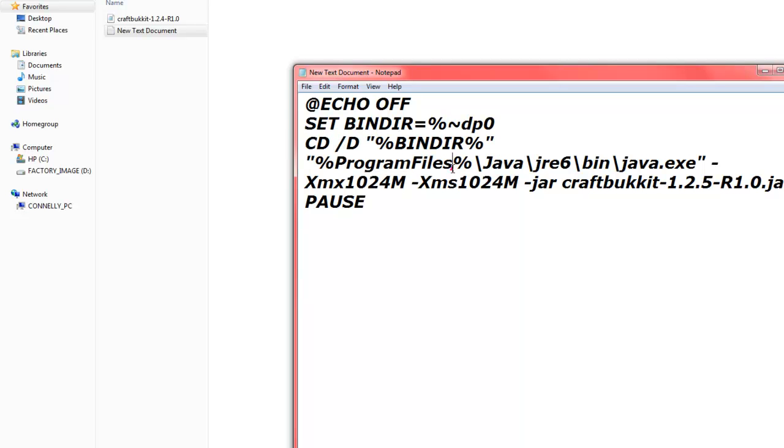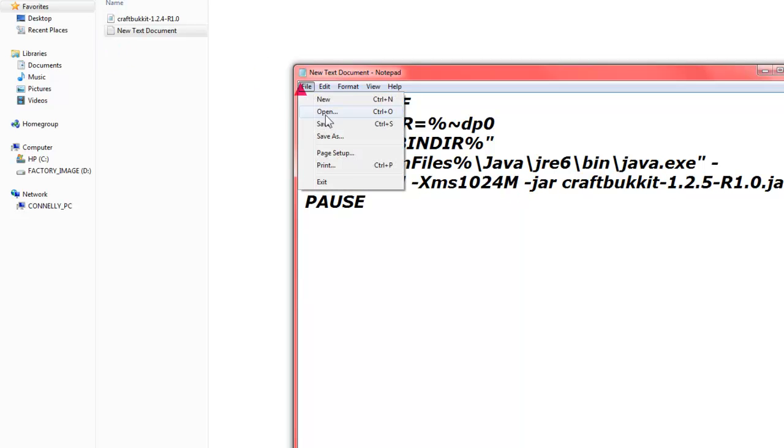So let's say you rename this, you get one that says CraftBukkit and there's no numbers after this. All you have to do is delete this from the code. Do not delete .jar. Let's say you need to update your server. All you have to do is drag the new one in here, and then go to this text document, or the run thing that we're going to make, and just edit it so it says what the name of that is. So now what you want to do is press Save As,